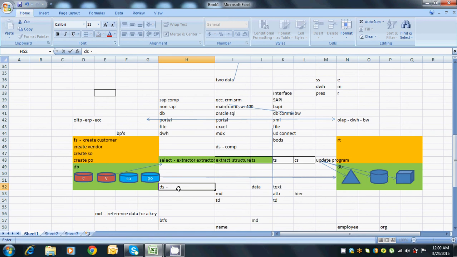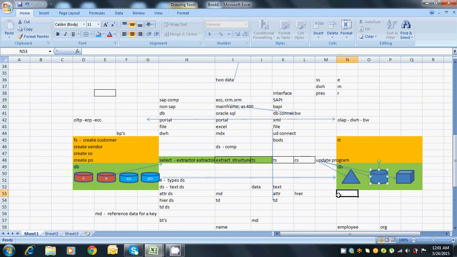types of data sources. The first one is text DS, which is useful for bringing the text data, and the second one is attribute DS, which is useful for bringing attribute data, and the third one is hierarchy DS, which is useful for bringing hierarchy data, and the fourth one is transactional DS, which is useful to bring the transactional data. So in the source system, or in the ECC system, we have 4 types of data sources. In the BW system,